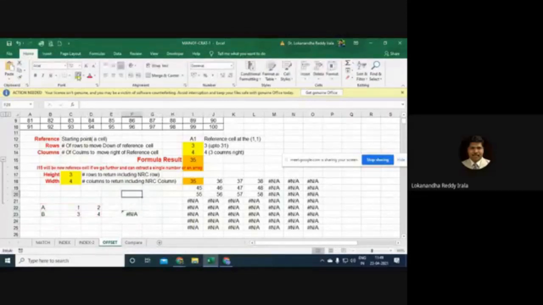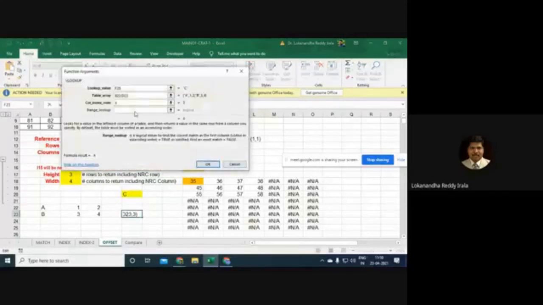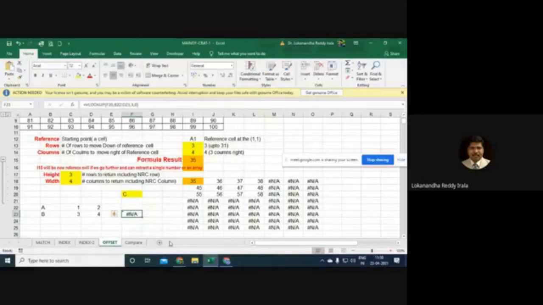So this is my input cell. Let's say if I put A here, then I'll get 2. If I put B here, then I'll get 4. If I put C here, then I'll get 4 only because it's a range lookup. Now I'll give it 0 here, exact match. Then it says there is an error because C is not found.